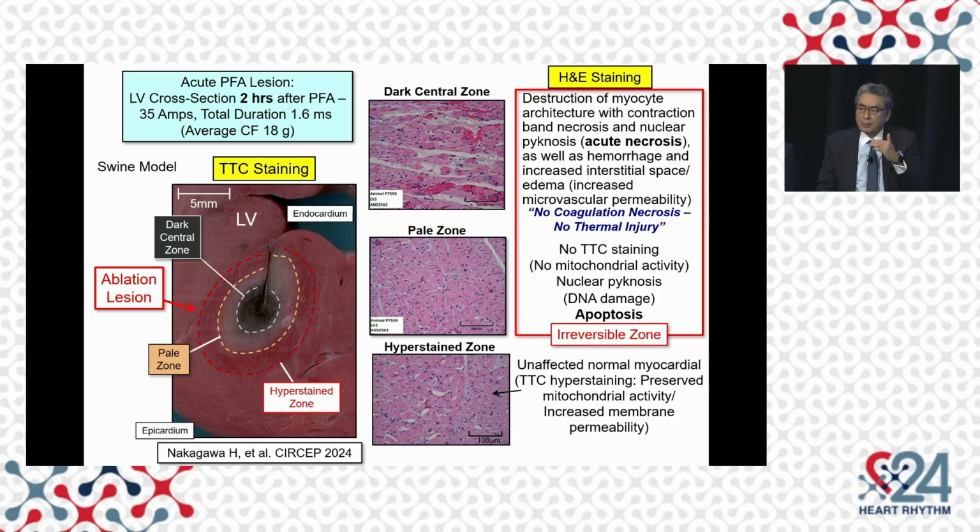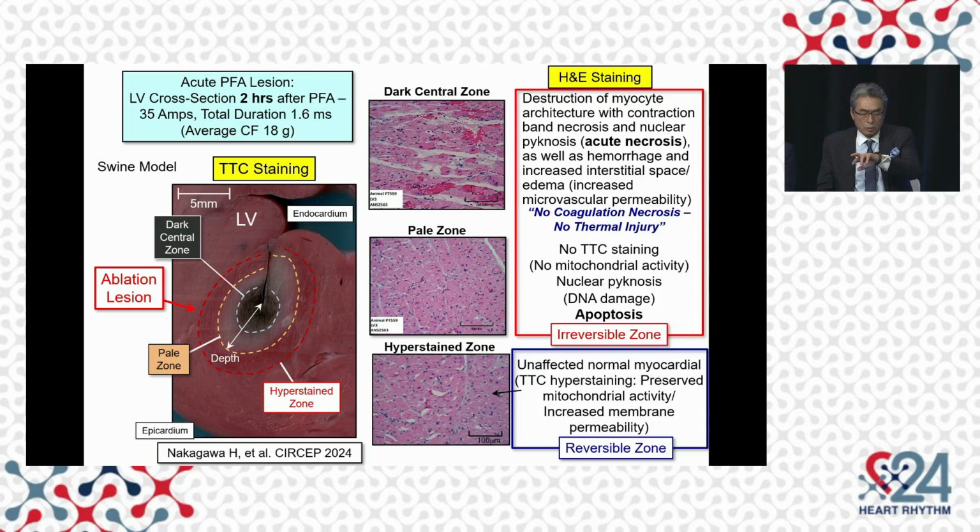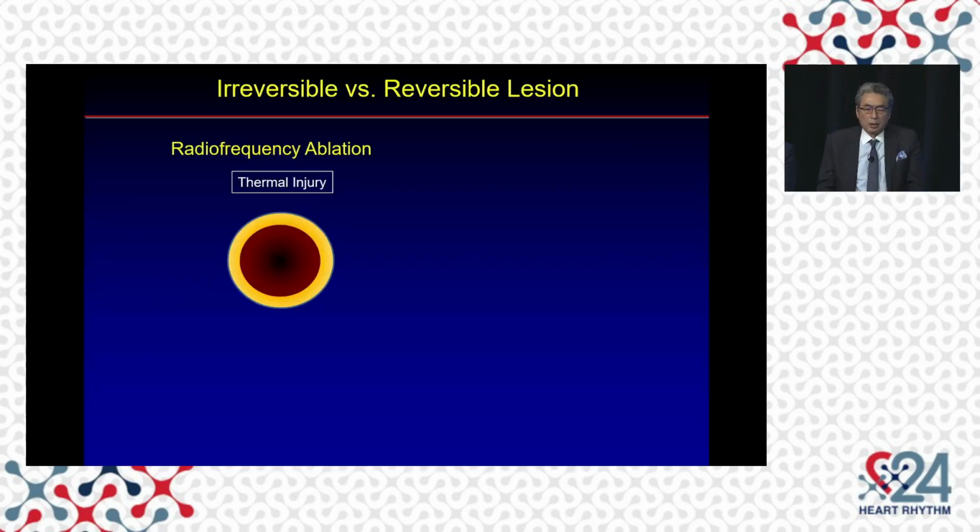The membrane permeability increased, therefore hyperstain. But this area, the reversible or transient conduction zone, that is a problem in PFA. So therefore, for the durable lesion size measurement, we combine the dark central zone and the pale zone. For summary,